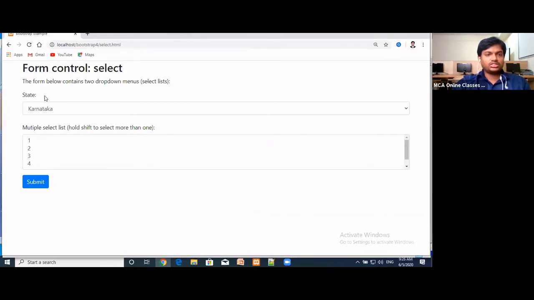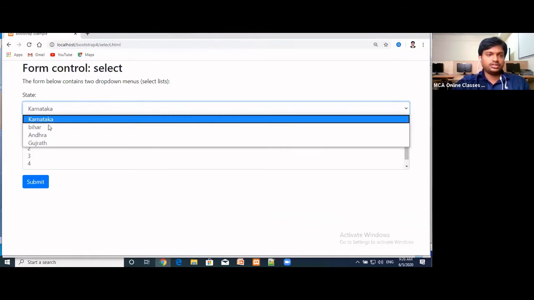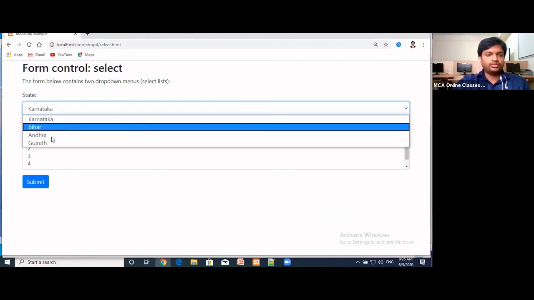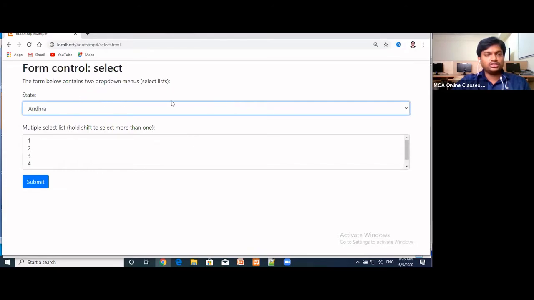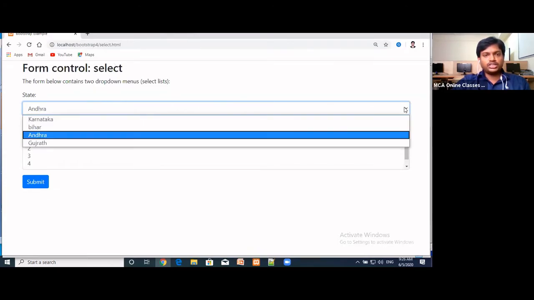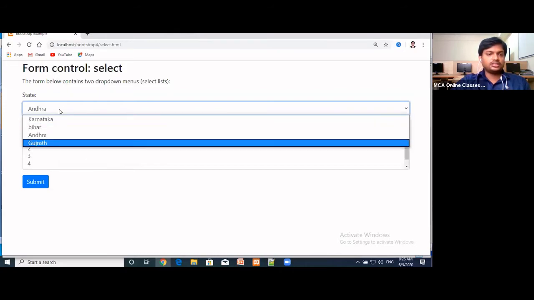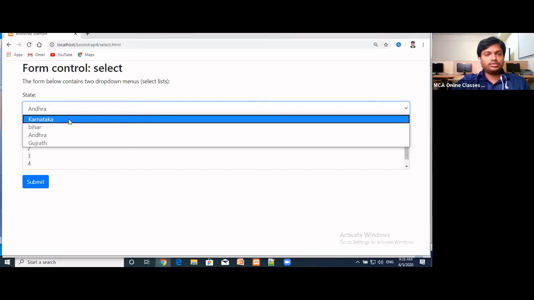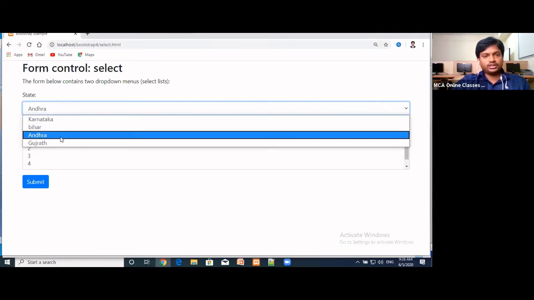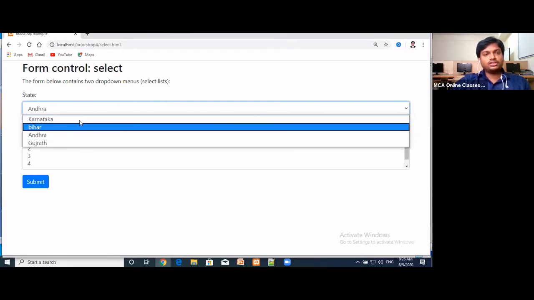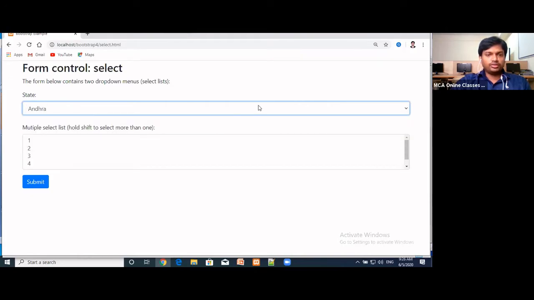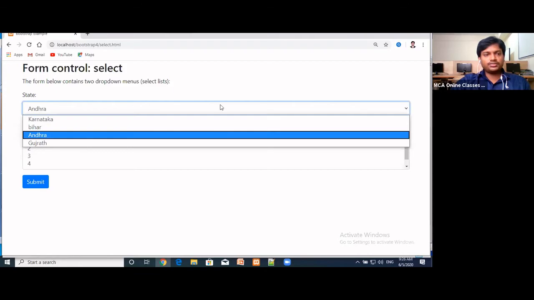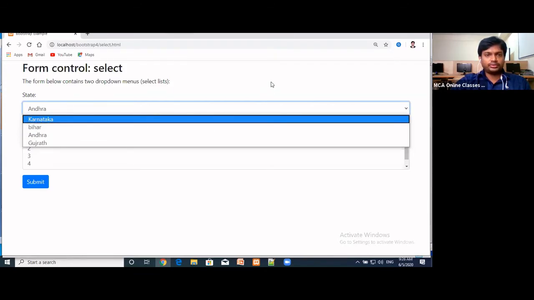Here, states, so we can select this. Karnataka state, Andhra state, anything, whichever you want, you can select. This supports Bootstrap. So easily we can create this select list by using Bootstrap. And whenever I move the cursor, you can see the effect, the color effect, that is defined by CSS classes. Blue color is defined. And even whenever I select this select box, it is highlighted with some light blue color. All these CSS effects are provided by Bootstrap.